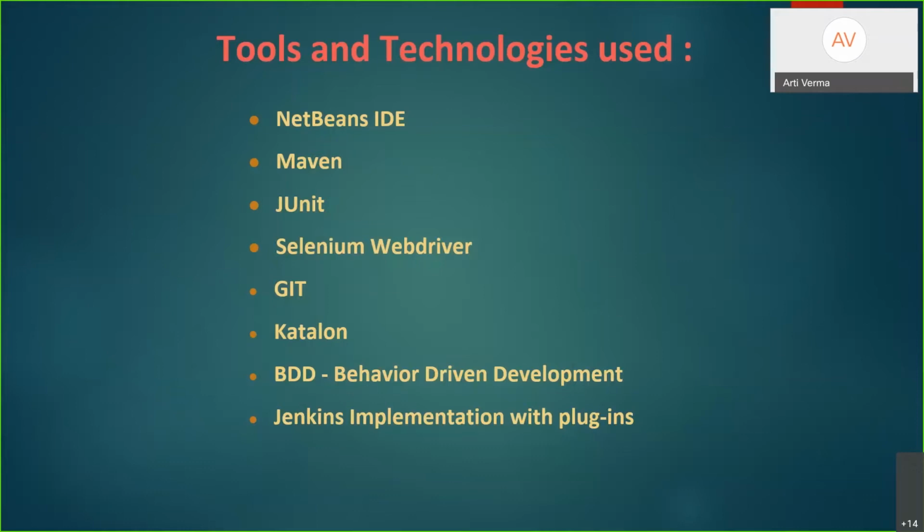Then we did a project in BDD because it is a good framework and we used it to write acceptance tests for our web application. Jenkins is the one which we used to build and run our project there through GitHub as our continuous integration server. And later, we used different kinds of plugins over there in order to generate different reports.